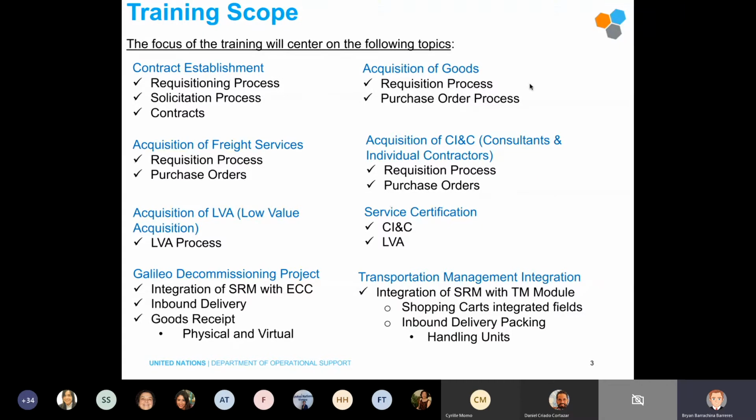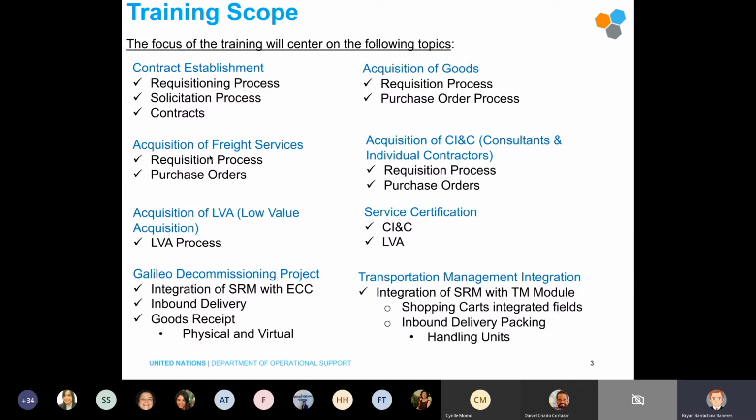For those of you who are familiar with that process, there's nothing new in that sense. But for those of you who are not familiar with purchasing goods for inventory, we will be covering the steps to do so. And also the impact of the transportation management system that now will require you to create a shopping cart a bit differently from what you're used to. So besides the fact that you're learning how to create a shopping cart for goods that are going into inventory, you're also going to learn how the impact in some certain fields will derive into the transportation management system in